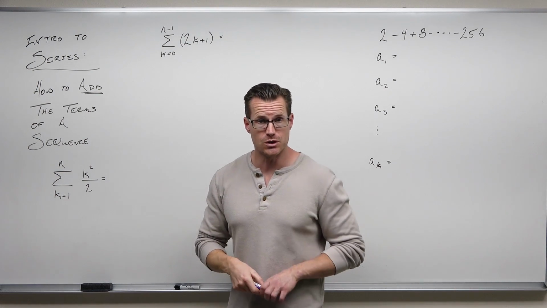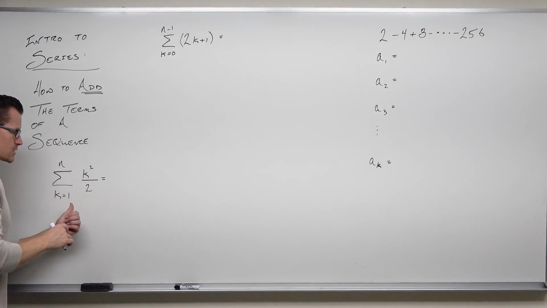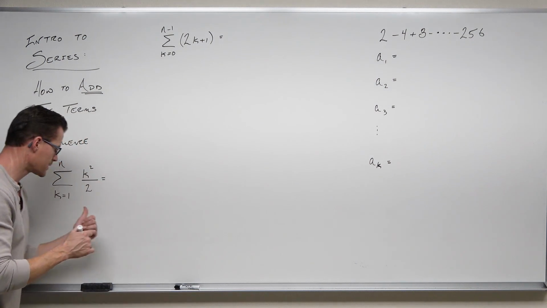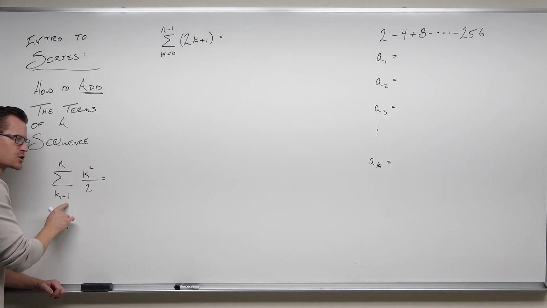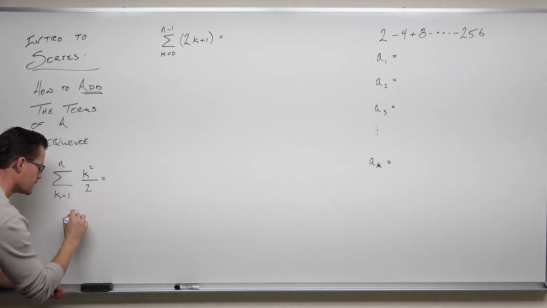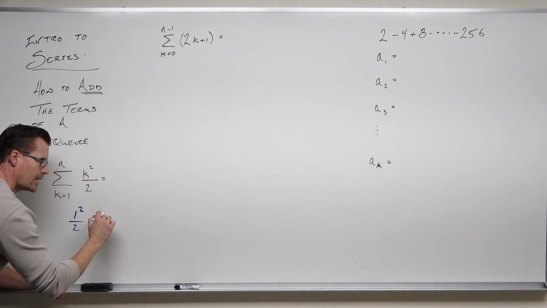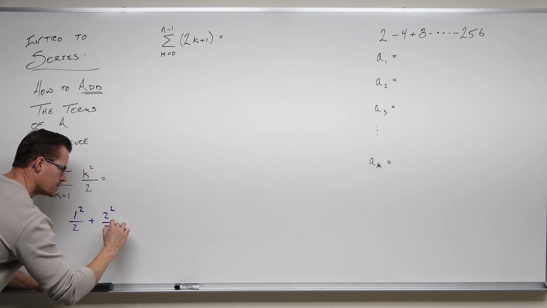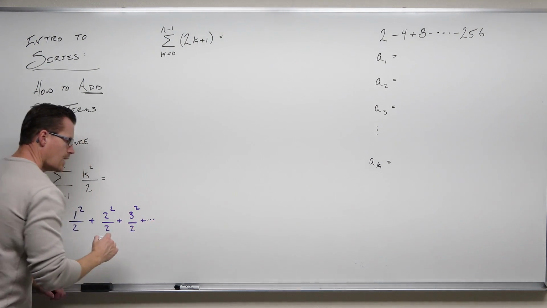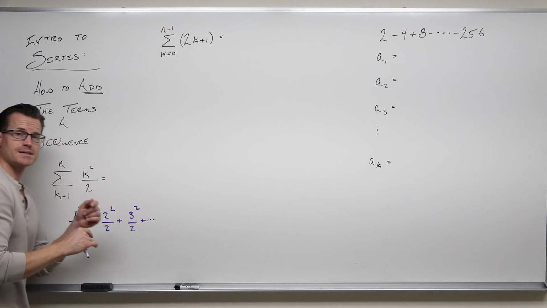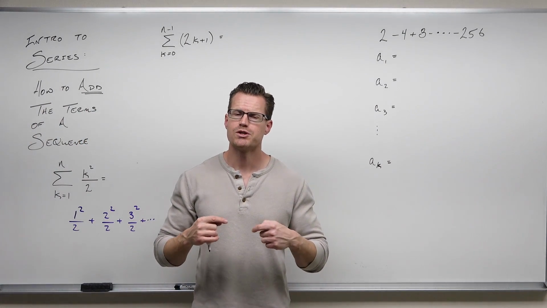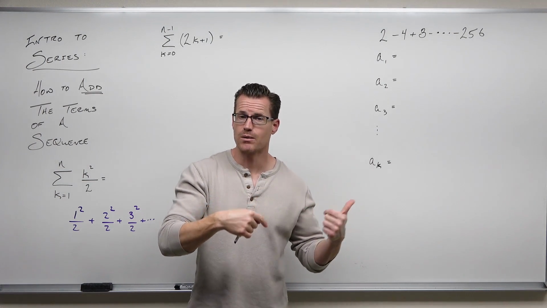So here's what we would do. Starting with whatever this is, it could be 0, it could be 1, it could be anything. Just start with what this is and plug it in. So our first term says replace your index with 1, and then 2, and then 3, until you get to whatever this is. Now that's an n, so we're not going to be able to stop, but we show that we would do this continuously until we reach the n.